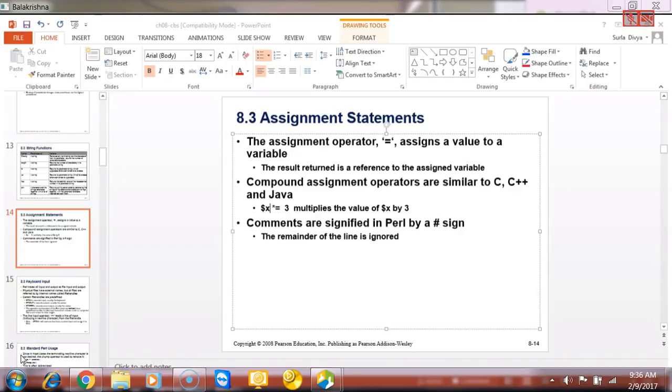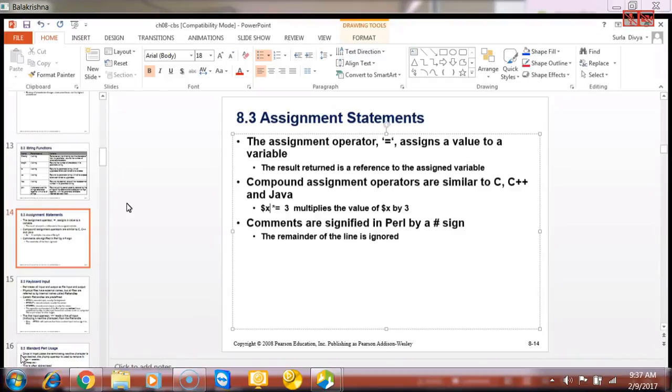So in any language we have variables. Here the variables in Perl are defined by $x. It's a scalar variable. If it is an array, as we already discussed, the at the rate symbol is used, which indicates that this is an array. Similarly, I also discussed the hash, where the percentage symbol means hash. We will discuss more on how to deal with arrays and hashes later.